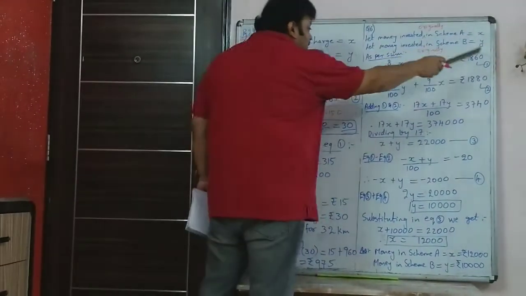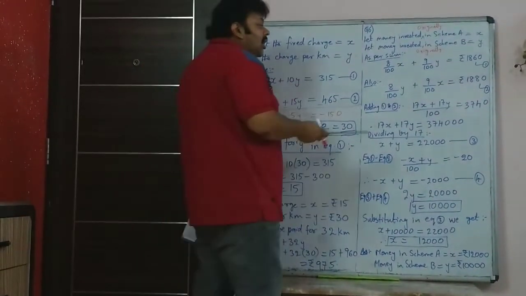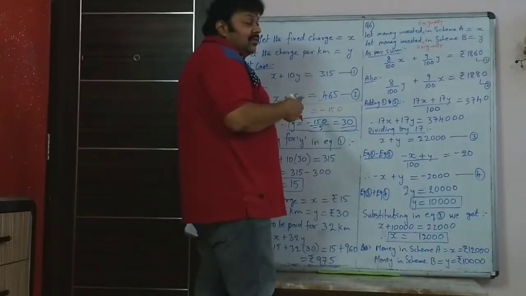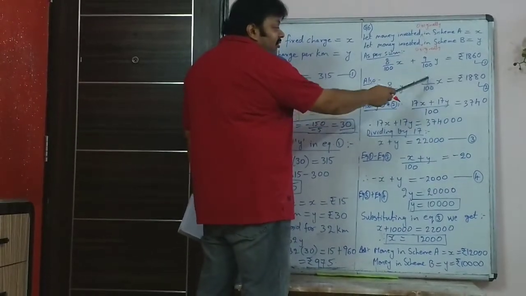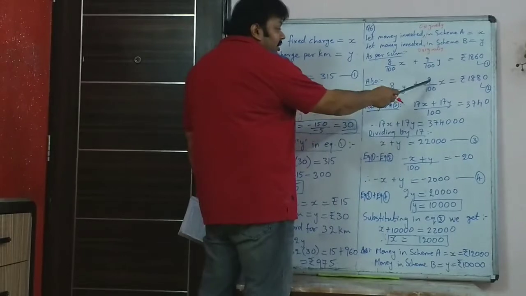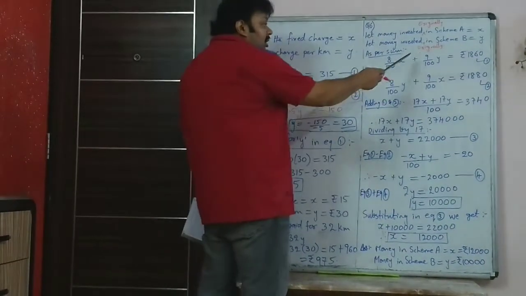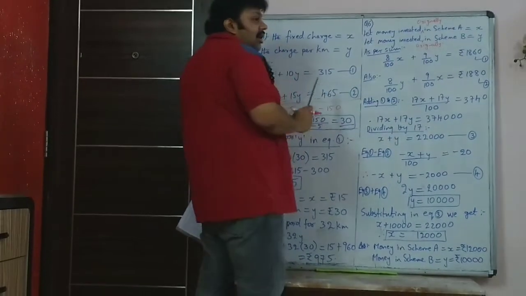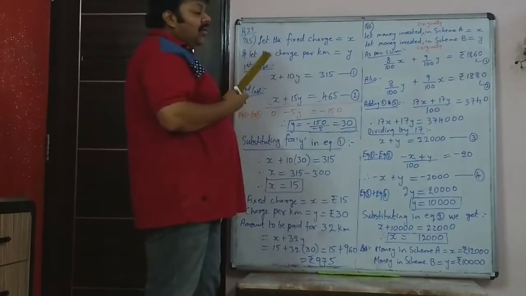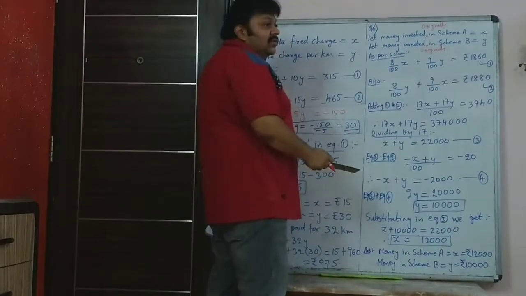So once you have written this, then the sum is very simple. Now you know we have already done sums in which the coefficients are just interchanging. Here it is 8x upon 100, here it is 9x upon 100. In the same way, for y here it is 9y upon 100 and here it is 8y upon 100. So what do we have to do in such cases? First, we add these two equations up.